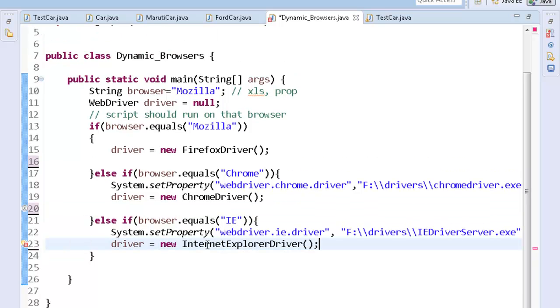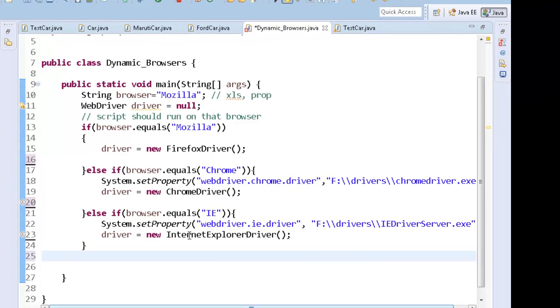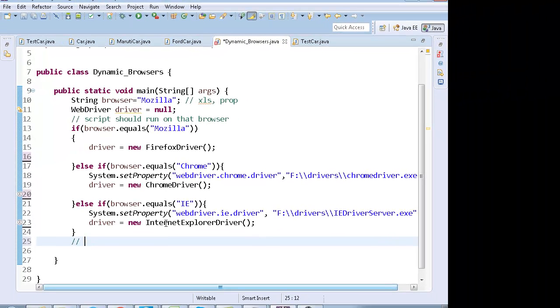Right, and once the browser is opened, when you are at this line, the browser will be opened. Out here I am taking the browser as Mozilla, so if I run this code, my Mozilla browser will open up.